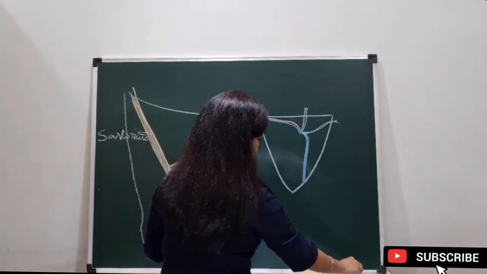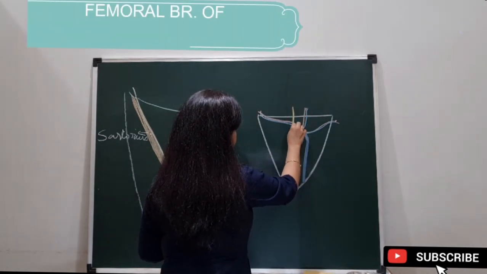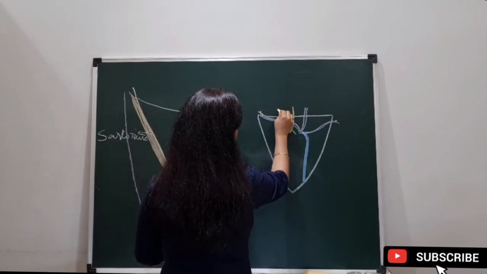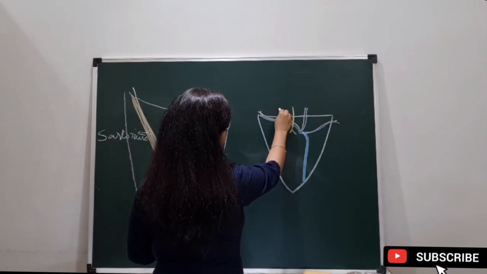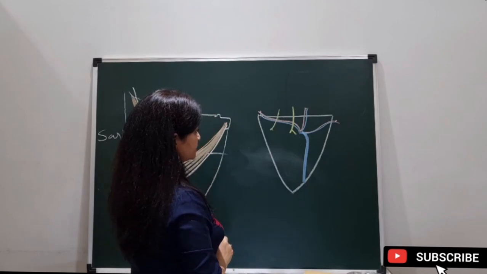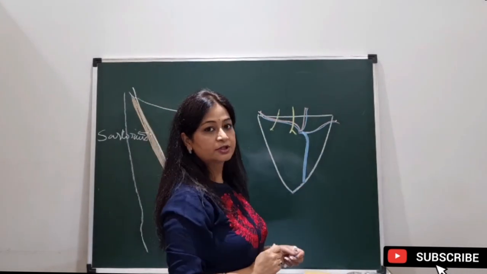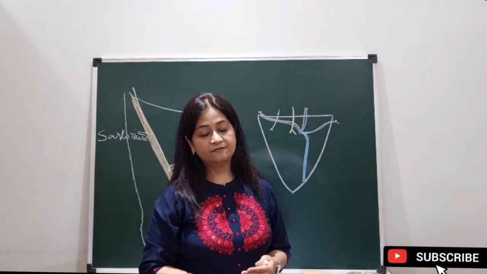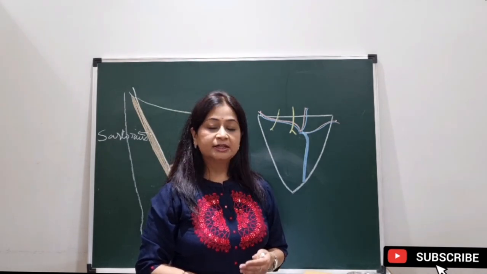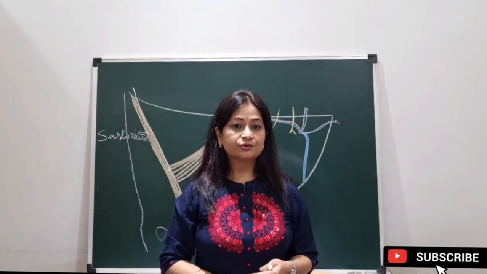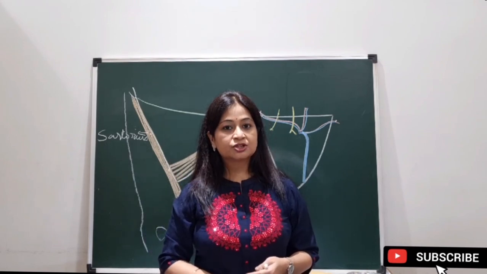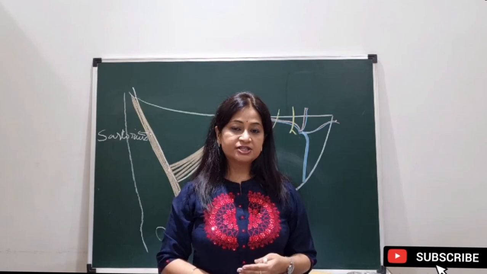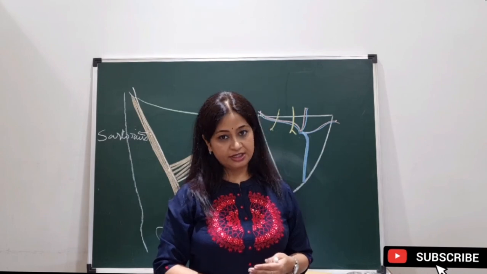Now, this is the femoral branch of the genitofemoral nerve, and also the ilioinguinal nerve gives off a few cutaneous branches. So all these are the contents of the superficial fascia of this region forming the roof. Next to the superficial fascia is the deep fascia. The deep fascia of the thigh is known as the fascia lata. So the fascia lata forms the inner layer of the roof, and the deep fascia over here has two modifications.